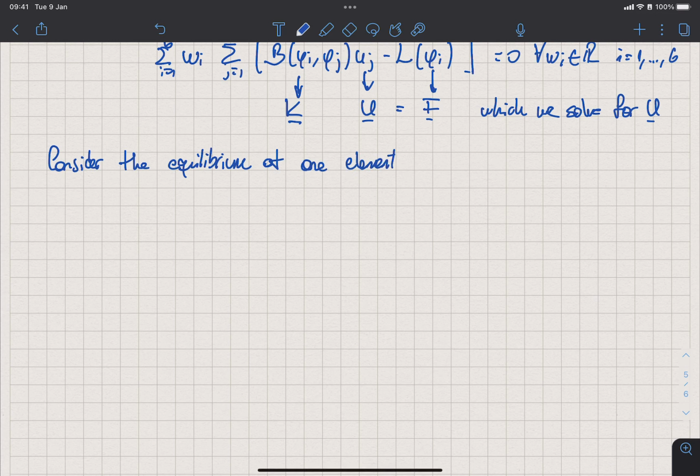And of course, when we talk about equilibrium, we're looking already at one element in the weak sense. Remember, we're far away already from the strong form of the problem. So if I take one element, let's say this is my element I, and this is node xi, and this is, let's call it xj. Could be I plus 1 as before, but let's say xj. And so the bilinear form for that one element, if you remember, is going to be EA, and then